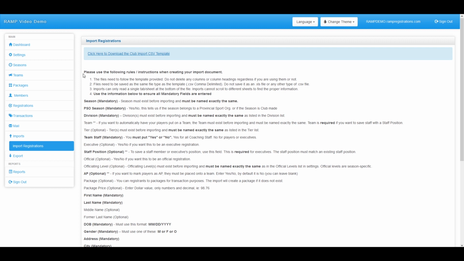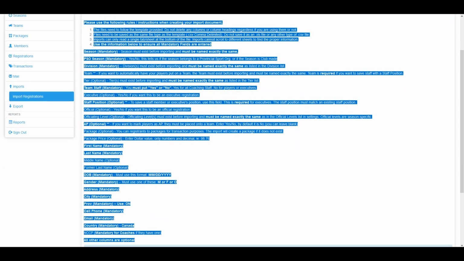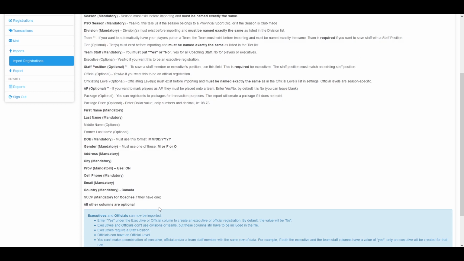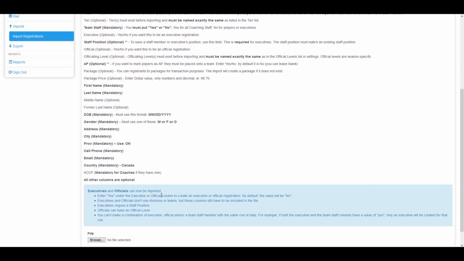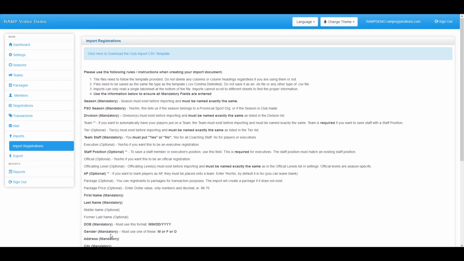The instructions for filling out the file are located right on the page here. It's very simple to follow. Follow the instructions on this, and you'll be able to import it in by going to Browse and selecting that filled in file. The reason we do not recommend doing this is it eliminates a lot of the functionality of the system. There's no tracking of accounts, there's no tracking of transactions tied to accounts,